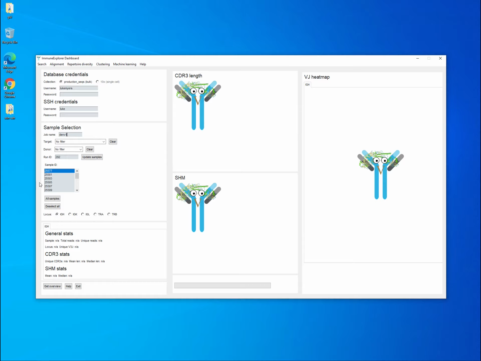Within the sample selection portion of the main window, and this is similar if not identical in all the windows that interact with SEEQ, you find first the job name, and this is pre-populated just for ease of use. It points you in the right direction. This is dengue 1, which if we go ahead and enter our password